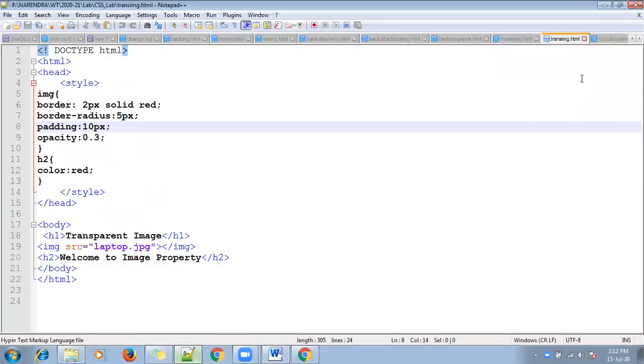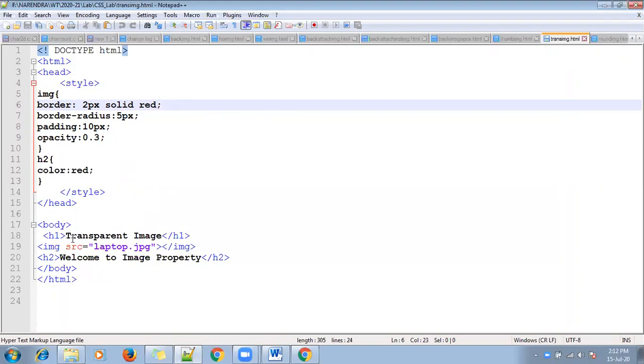How can we make our image transparent? If you observe here, this is the program. I want to style my image with border radius and padding and opacity. This must have the opacity value.